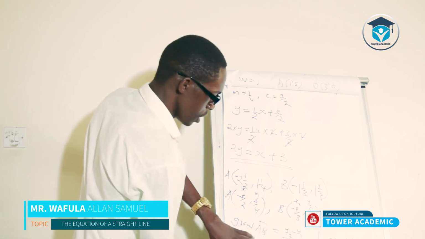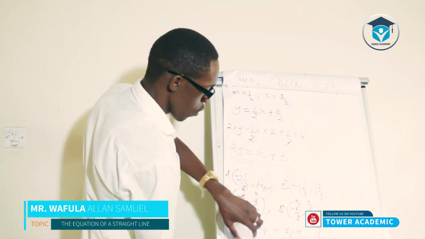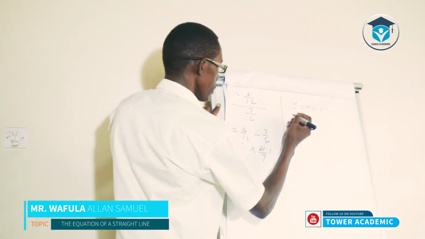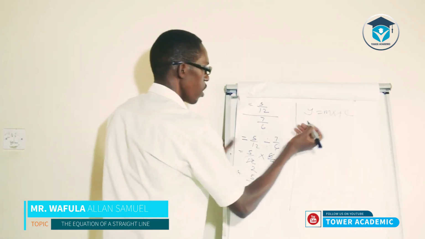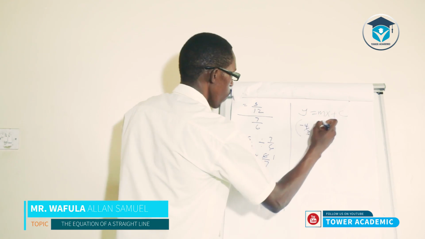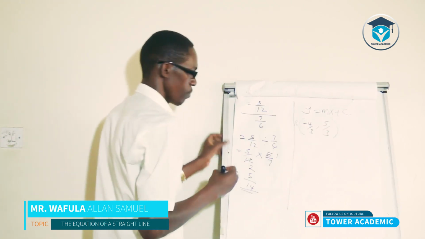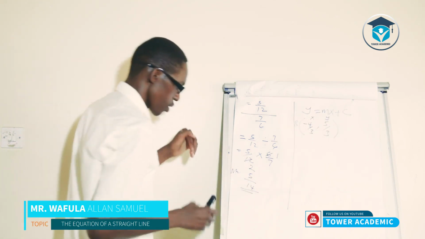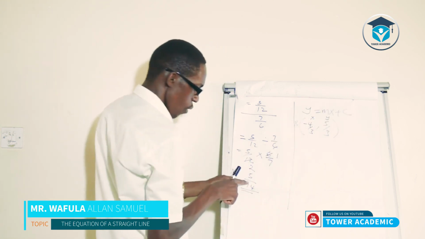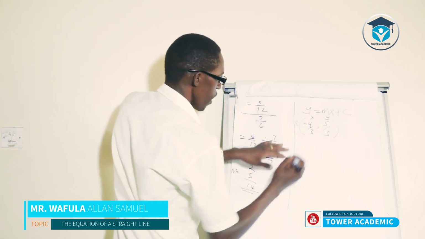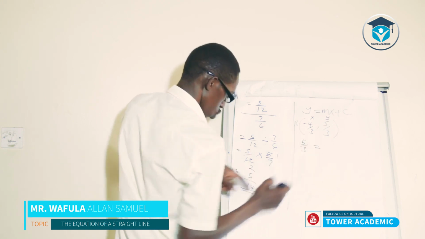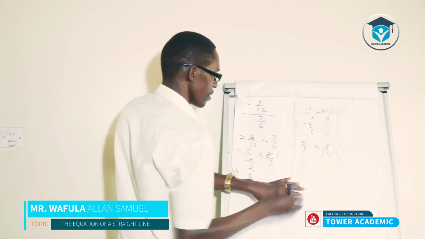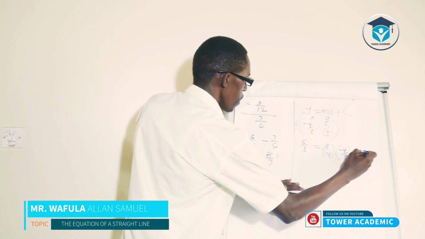So when I choose this second point, which is a B, and that is negative 4 over 3, 5 over 3. So I'm using now the point negative 4 over 3, 5 over 3. Remember that was our B point. So still, this becomes X, this becomes Y. Now, this time, we have to say, from this equation, our gradient is known, our X is here, our Y is there, so it will become 5 over 3 equal to our M, which is 5 out of 14. It's multiplying with our X, which is negative 4 out of 3. Then plus a constant